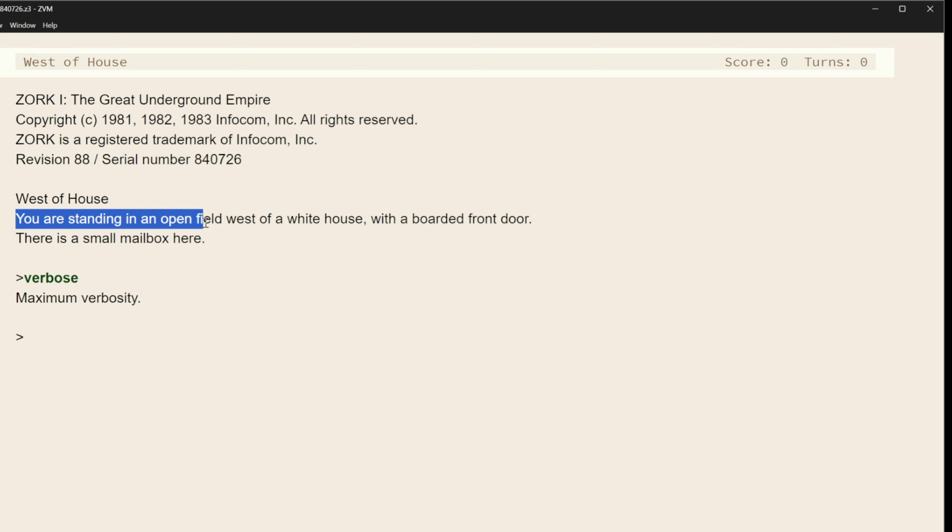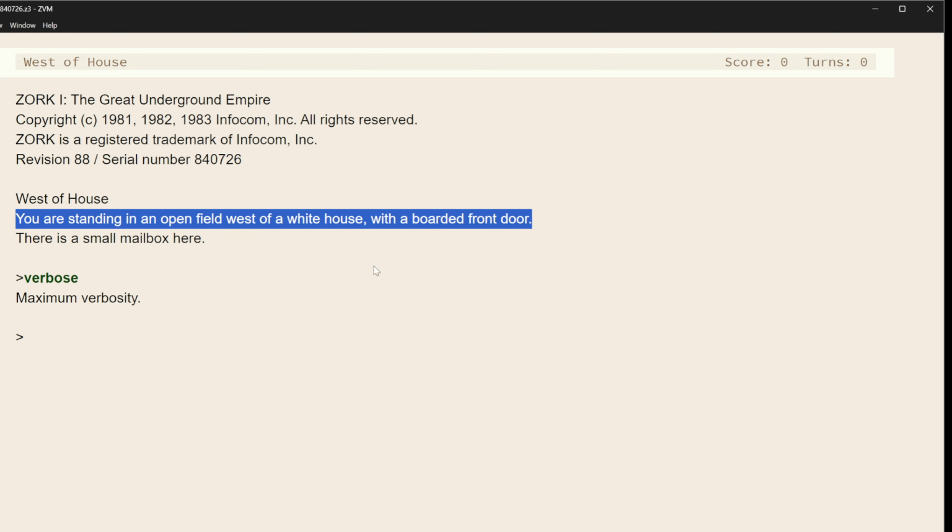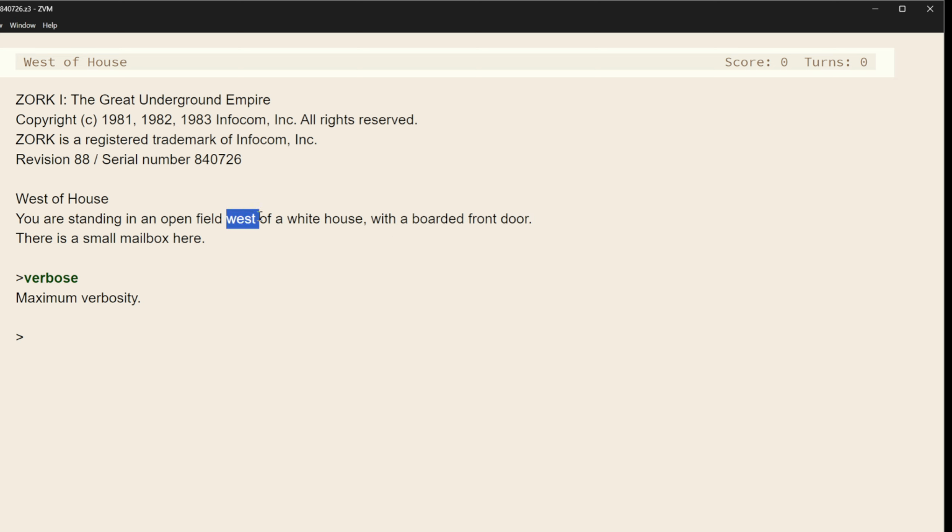One of the things that's key to learning how to play parser games, there's an aspect of reading and there's an aspect of typing. This is kind of a discourse, and it's very unique and specific. This is probably the main thing that beginning players struggle with. So when we're reading, ideally there'll be something descriptive here so we get a sense of place, but there's also going to be something actionable, right? So we are standing west of a White House.